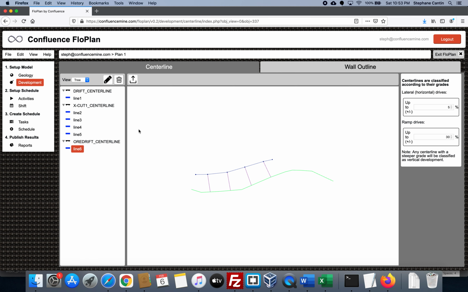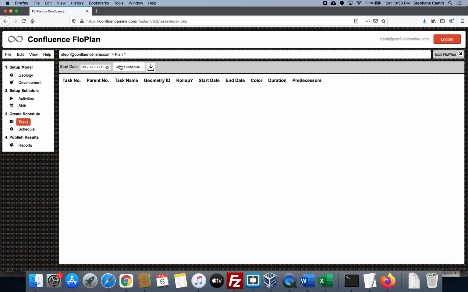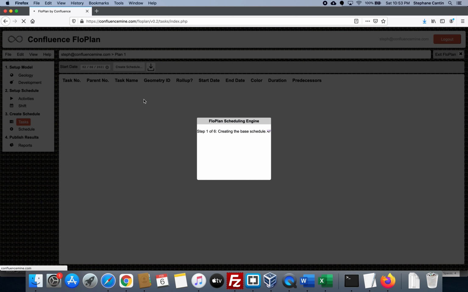This OR drift is actually not connected to anything, so I'm going to delete it, and we're just going to schedule the subset as we've done previously. So when I come back to the wall outlines here, you can see that it actually has remembered everything that we've got going on, and I can come in now quickly to the tasks, and I can actually start to